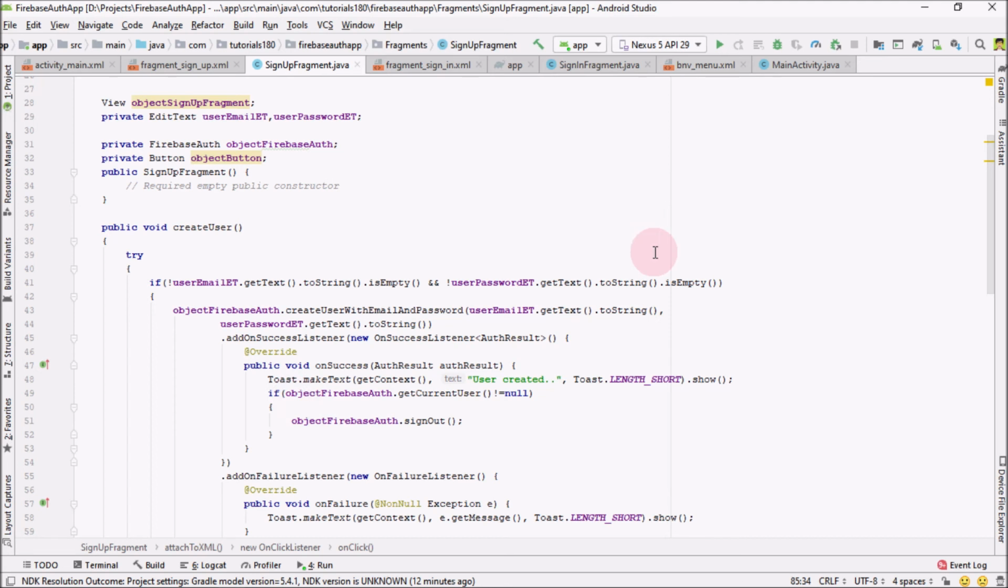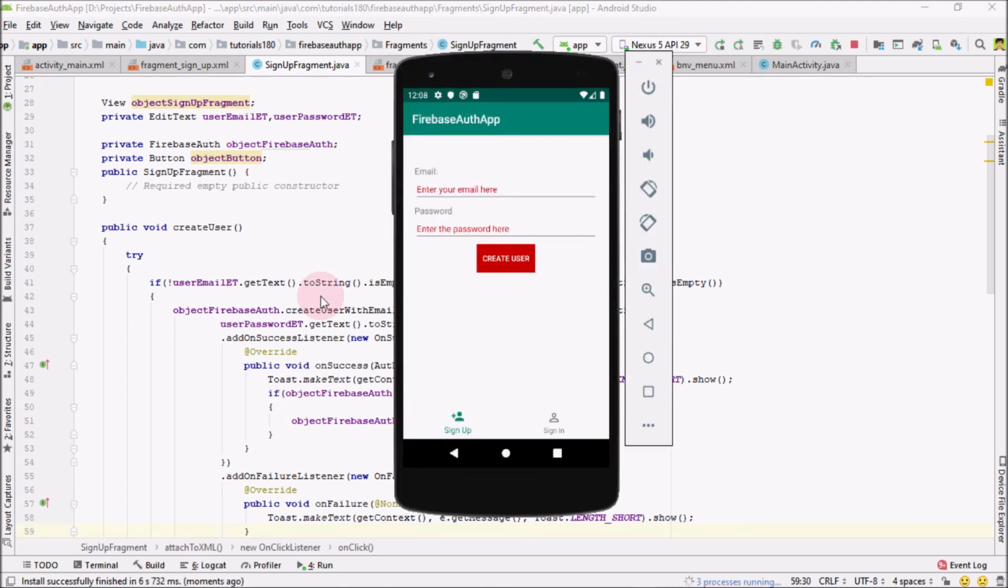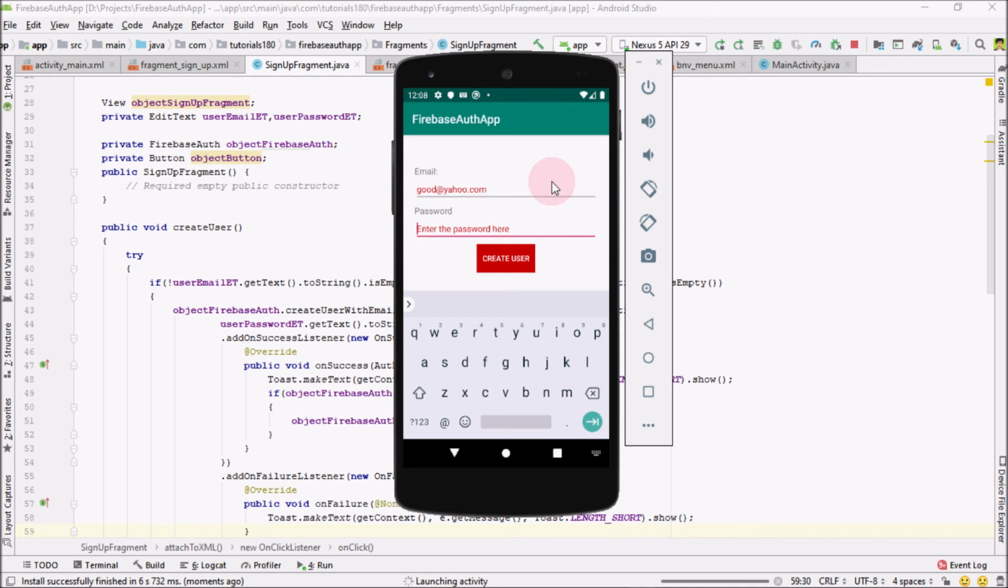Now in the last step, just run the application by clicking over here. So as you can see from here, our application is up and running. If I click on sign up, you can see the sign up page, but if I click on sign in fragment, then the sign in page shows here. Now go into sign up, and first we have to put the email over here. Let me check, put the email by using, I'm going to say good@yahoo.com. Okay, and I'm going to use the password QWERTY. Okay, so just click on create user,